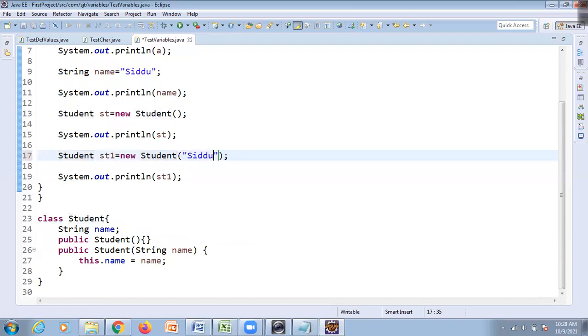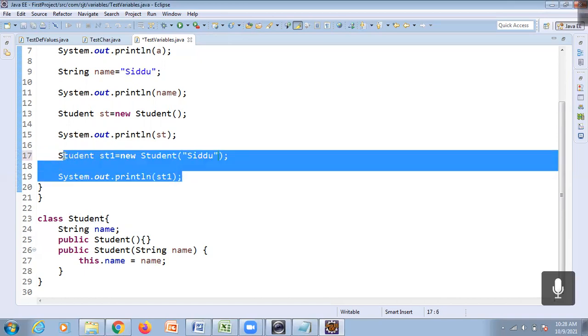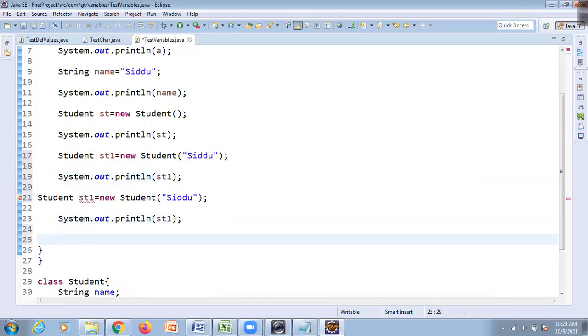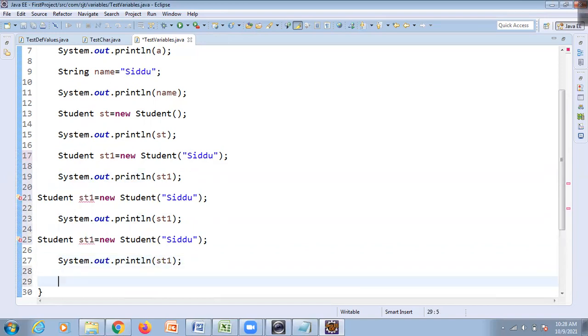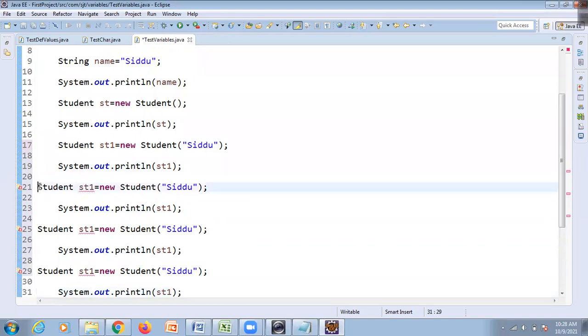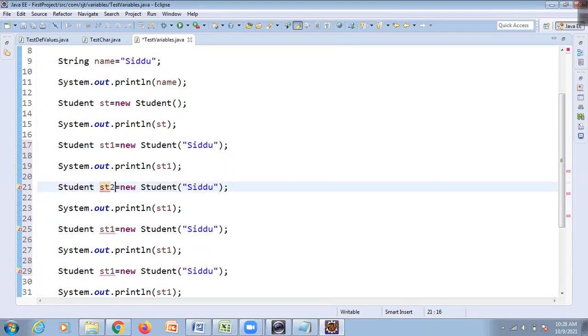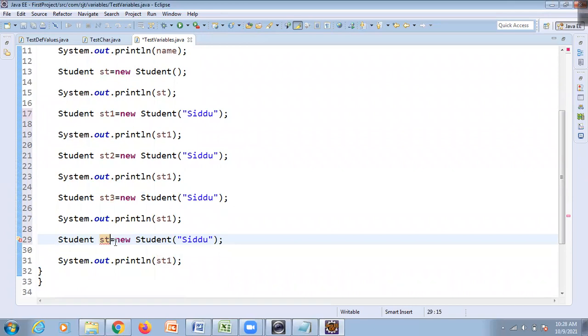ST1, ST2, ST3, ST4. Here I will say converted, here I will say Vitra.